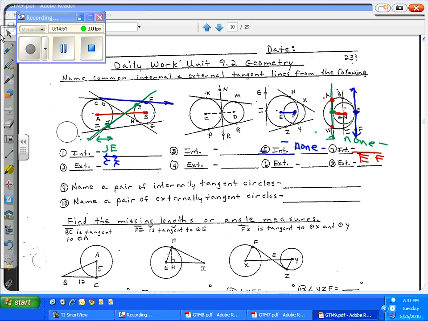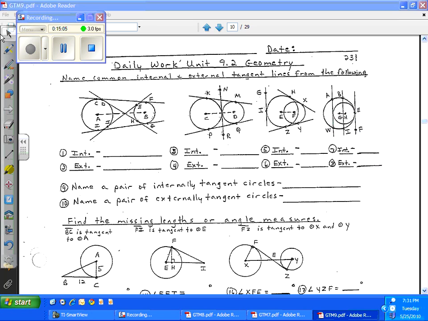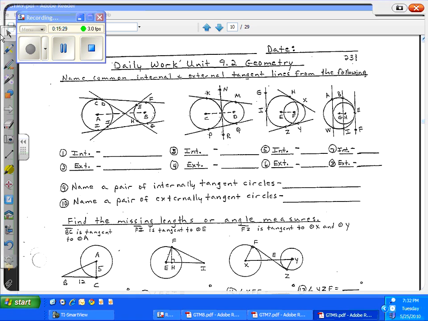All right. Let me do a little bit of erasing. So the first thing when you talk about common tangents, you got to make sure it's a tangent to start with. A tangent intersects a circle in exactly one point. It's a line that lies in the plane of a circle and intersects a circle in one point. A common tangent line is a line that is tangent to two coplanar circles. A common internal tangent line is a common tangent line that passes through the segment of centers. A common external tangent line is a common tangent line that does not pass through the segment that joins the